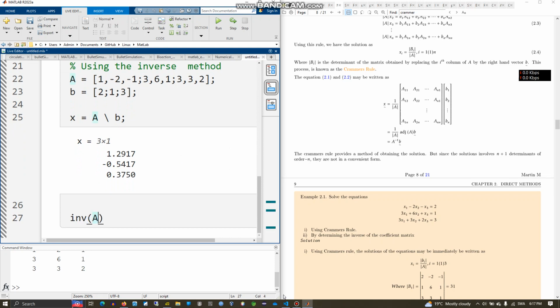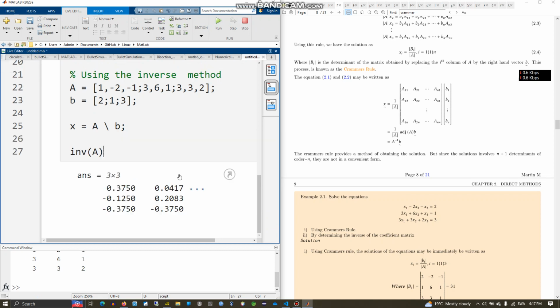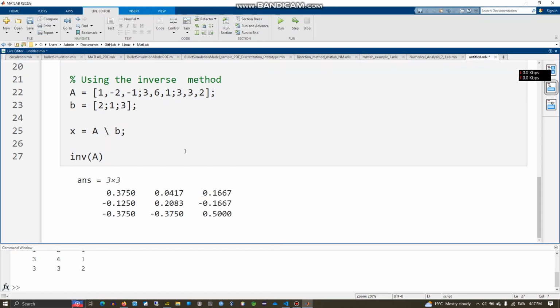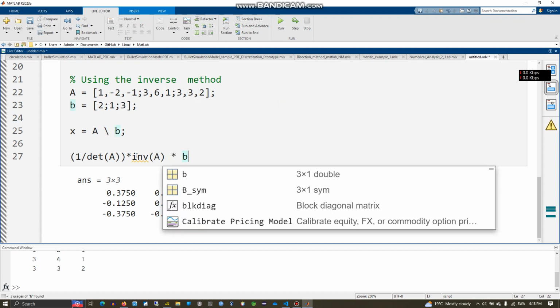What do you get? The inverse of A by 3. Oh, okay. The inverse of A and our answer, we get the determinant, 1 over determinant, okay, times the inverse, okay, it's not